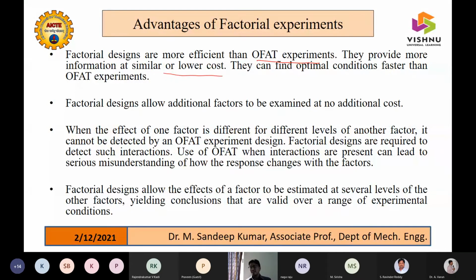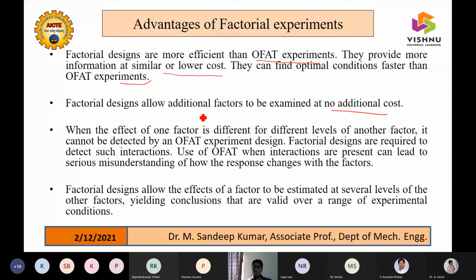As I told you, we are doing combinations of all levels and factors. So generally, with a smaller number of experiments, we can narrow down very fast when compared to one factor at a time. Factorial designs allow additional factors to be examined at no additional cost. With the same number of experiments, we can go with many factors without adding any additional cost to the company.